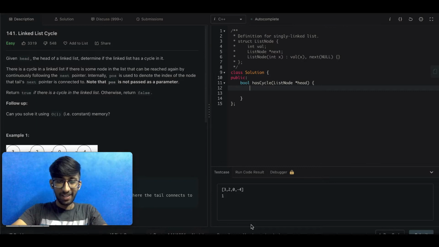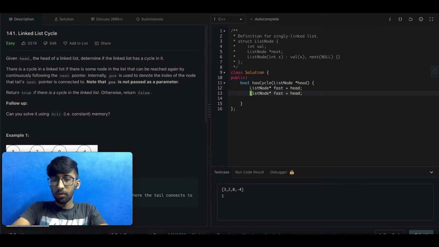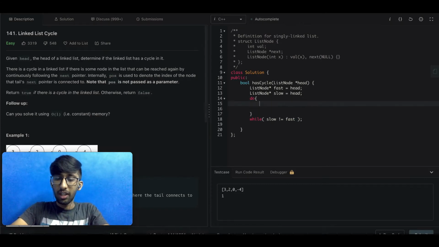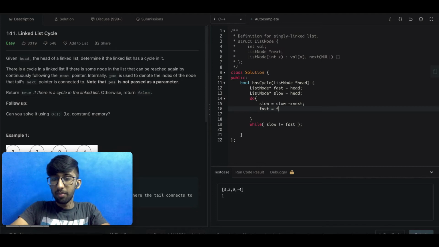Now that we're all up to speed, let's start implementing the algorithm as step 1. First, we'll need 2 pointers, fast and slow pointers. Now, until we've detected a cycle, we'll have to keep moving the fast and slow pointer. And when do we detect a cycle? When fast and slow pointer are equal. So until we have detected a cycle, we'll have to keep moving the slow pointer one step ahead while we move the fast pointer 2 steps ahead.